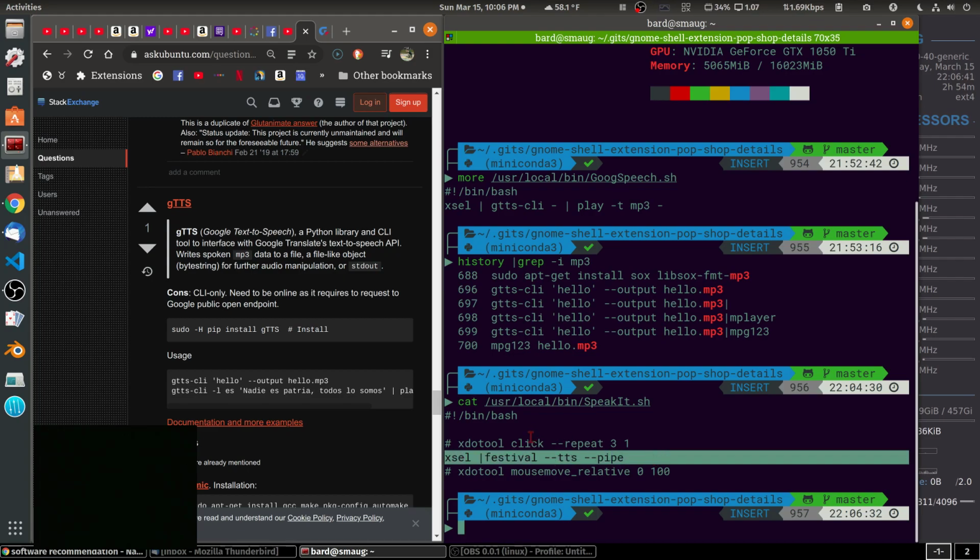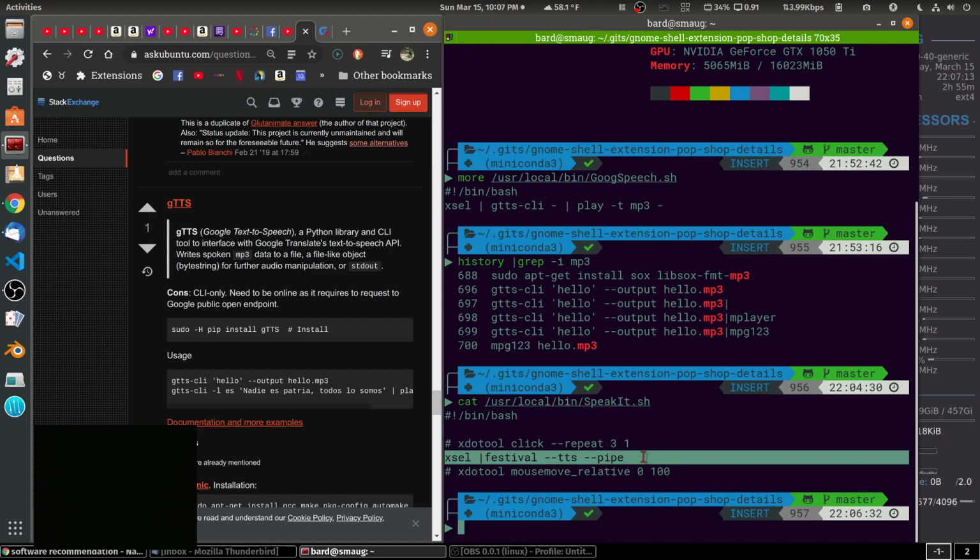These other lines are commented out, as you can see. Some little experiment I was doing that didn't work out 100% well. But anyway, once again, it's Excel grabbing the text, passing it through to Festival with a --tts switch, and that's text to speech, and --pipe, because we're using a pipe here for input